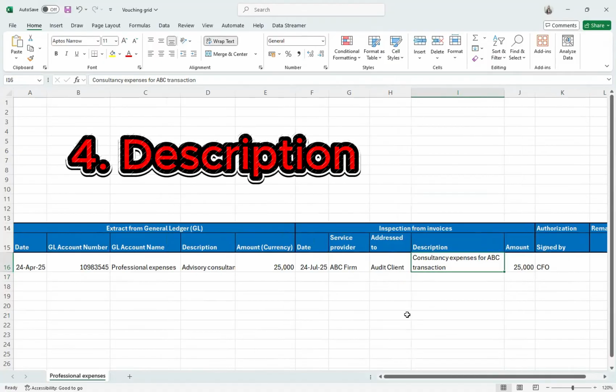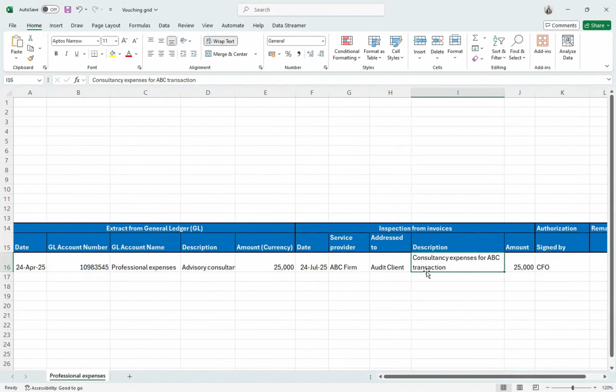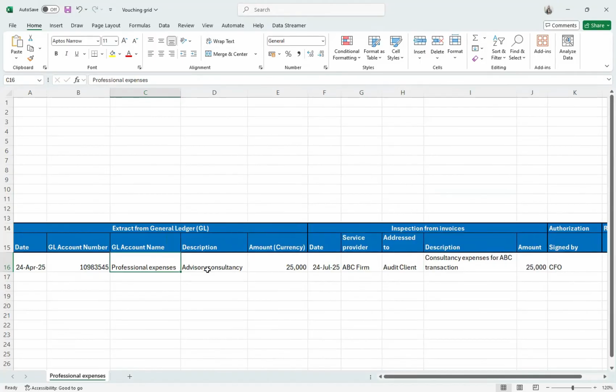Moving on to the next column, description. You will need to make sure that the description mentioned on the invoice matches with the description as per the journal ledger, which in this case says advisory consultancy. Here it says consultancy expenses for ABC transaction. It does not seem like a discrepancy, but what if the description said something like